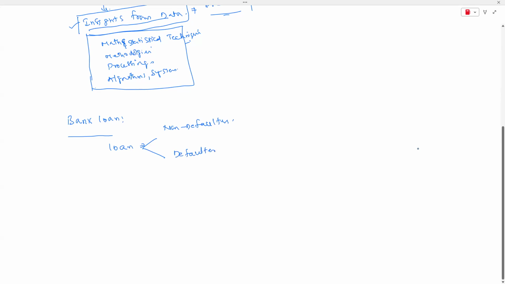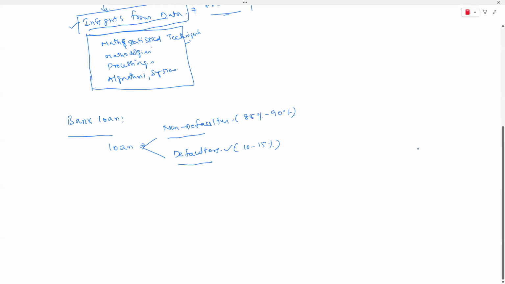So we know who is going to be contributing the loss to the bank? Mainly the defaulters are contributing the loss. Even though the bank is doing all the background verifications, verifying their jobs, their salaries, everything, still they are giving the loans, and there will be some defaulters. Every bank will have defaulters, at least 10 to 15% defaulters. 85 to 90% of the customers will pay the EMIs promptly, no doubt.